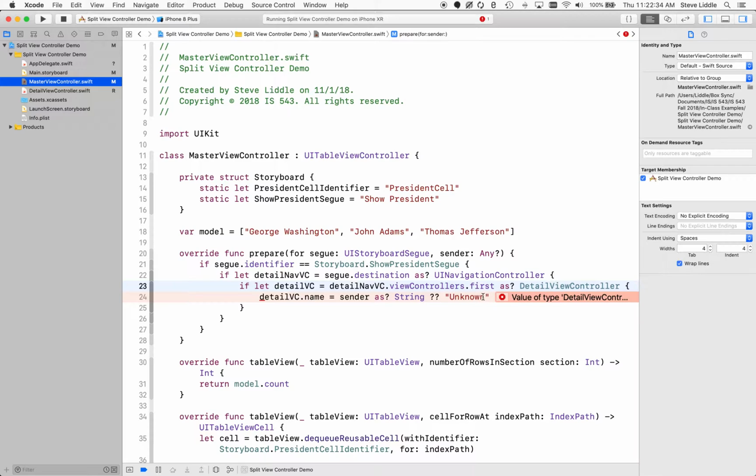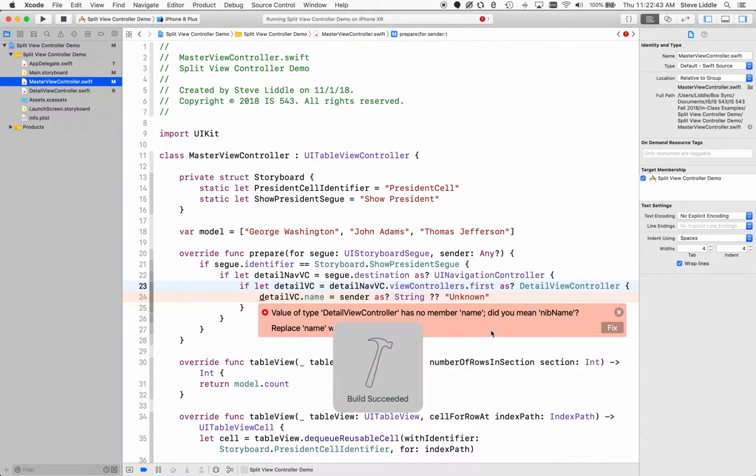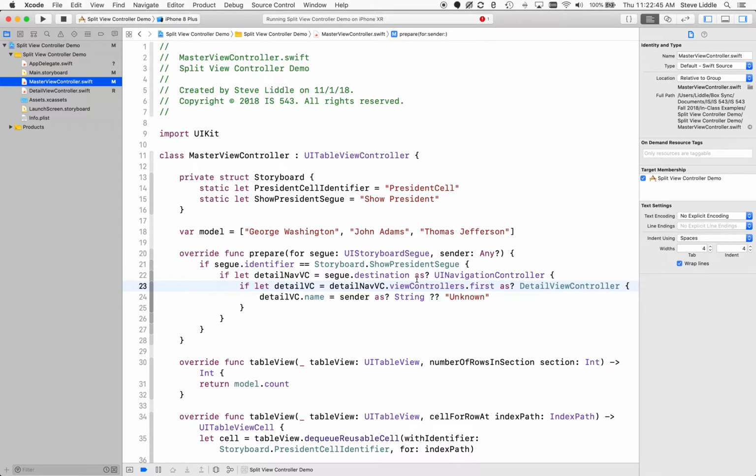Otherwise, we'll assign unknown to the name, which is the default anyway. Let's see, what's it complaining about here? Value of type detail view control. Okay, it went away because it hadn't recompiled yet. Okay, now,